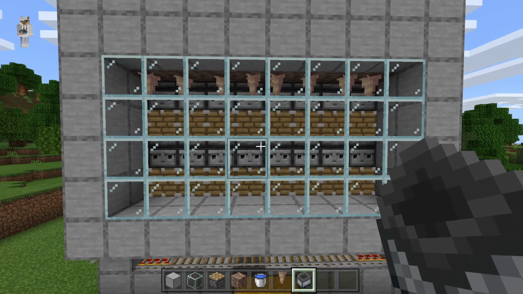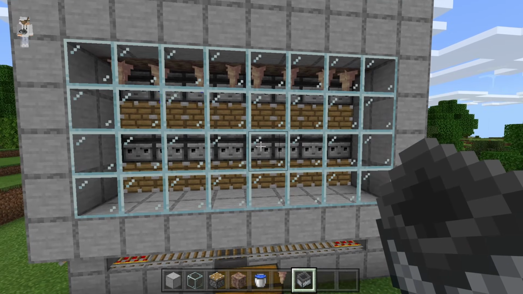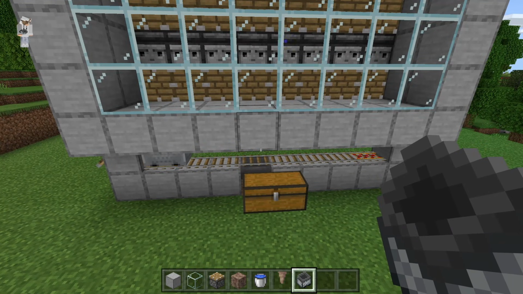Those glass blocks will allow you guys to see your dripstones grow while also preventing them from getting shot out of the farm. The final step is to place a minecart hopper over here. That minecart hopper will travel back and forth to collect all the harvested dripstones and funnel them into the collection